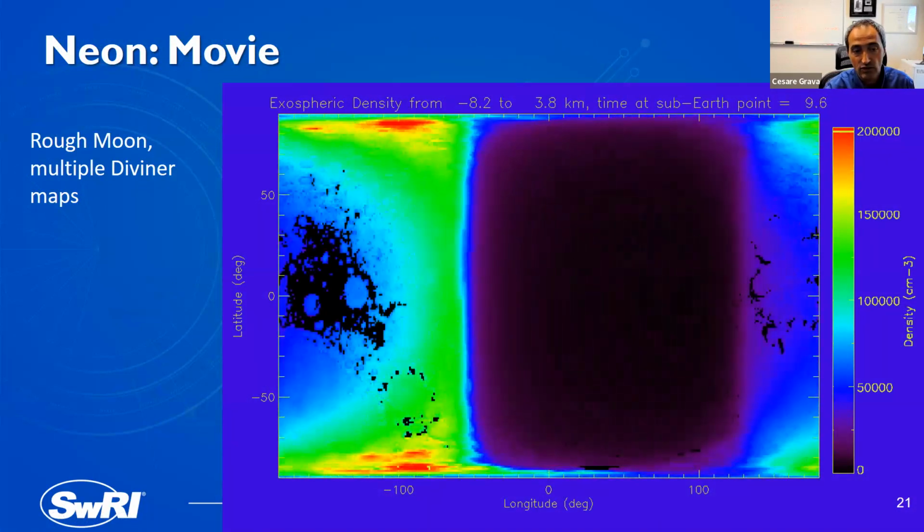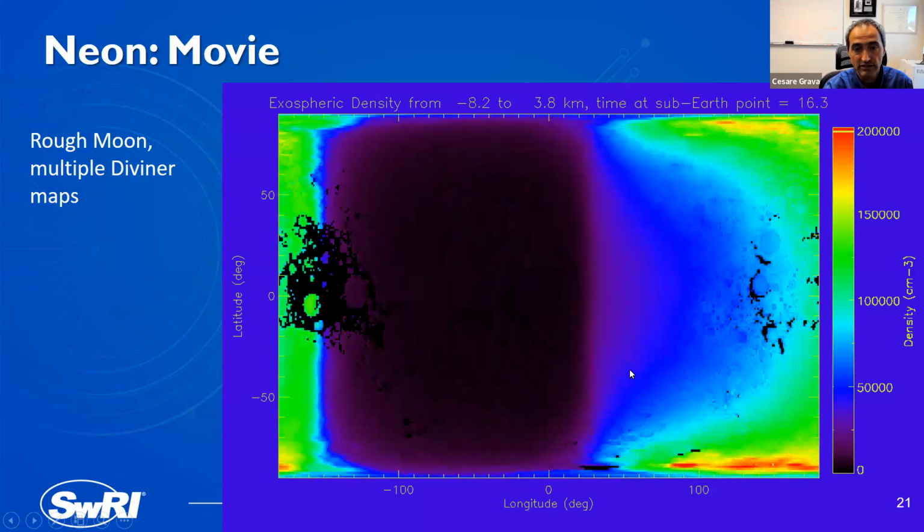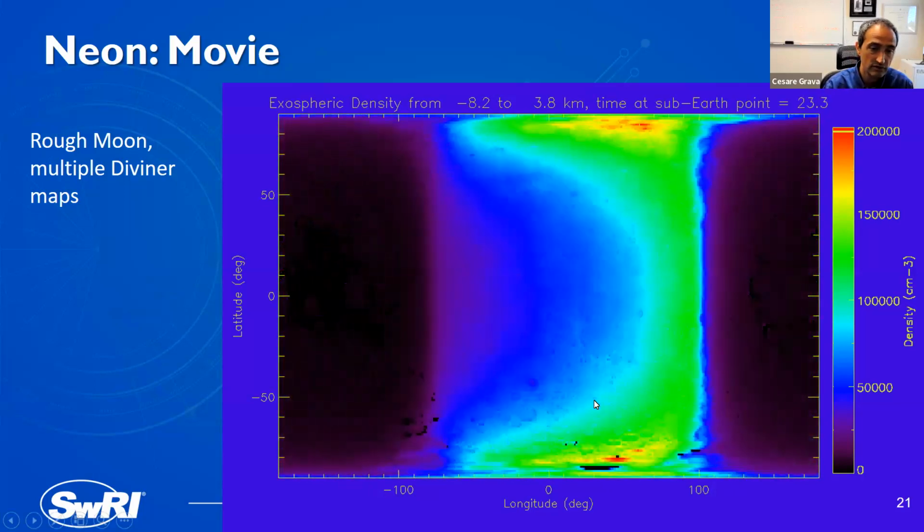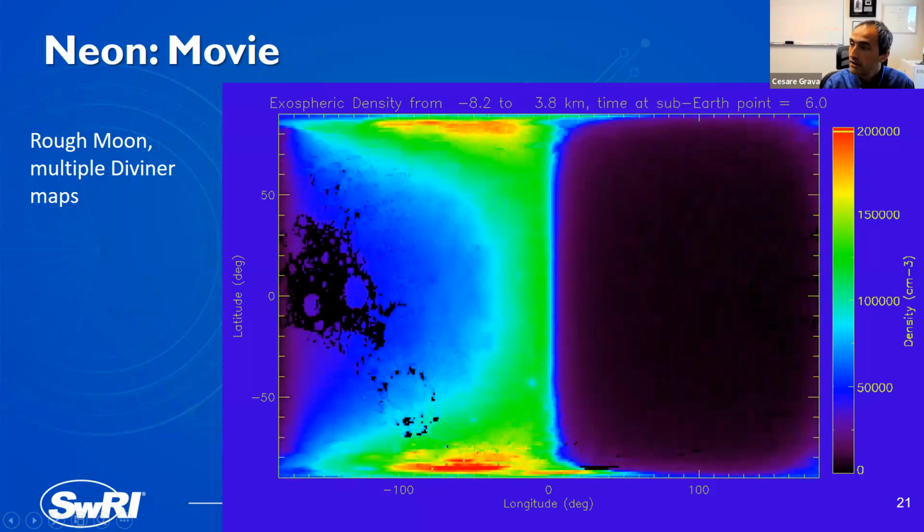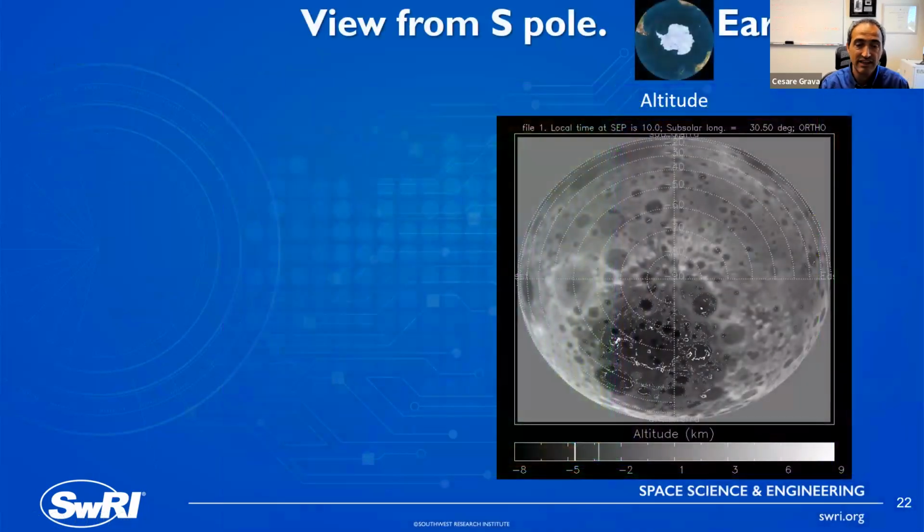Yeah, so also these variations in the density due to the temperature. And also, this is a nice view. This is a view from the South Pole, where this interesting shape is of the South Pole Lake basin. So we're looking at the South Pole,